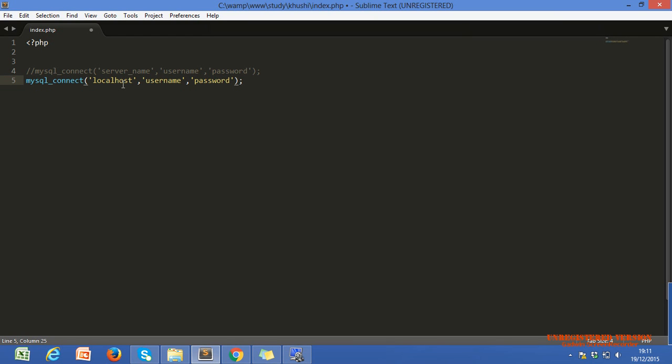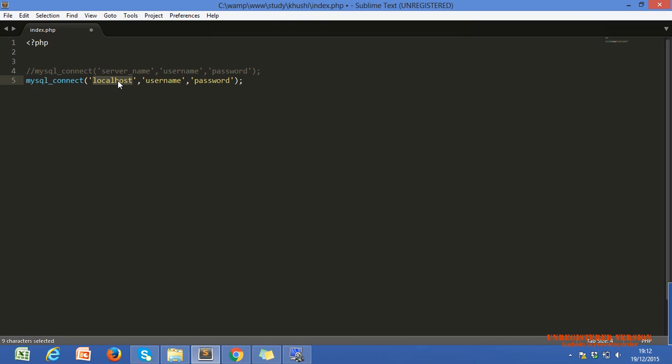If we are publishing our website to a real server on the internet, then we have to write the name of that server here. Whatever the server name is, they will give it to us. Nazar, did you get the point? Rakhi, what is the server name? And Khushi?